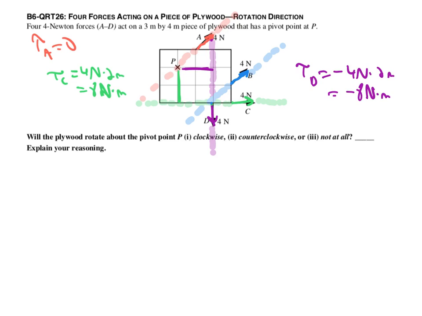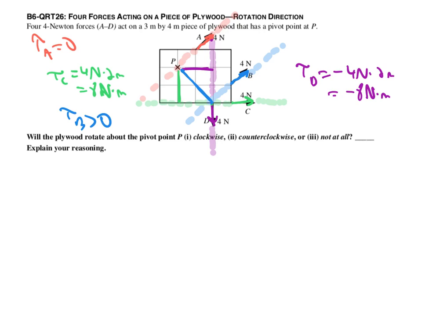So in the end, it all comes down to B. I don't actually need to compute B's torque, since it's the only one that's going to matter, but I do want to say what the moment arm would be. So the moment arm would be the shortest distance from the pivot to the line of action. So this new thing is our moment arm. If we take that and we pull it in the direction of B, that tends to move the thing in a counterclockwise direction. So we have that tau B is positive,